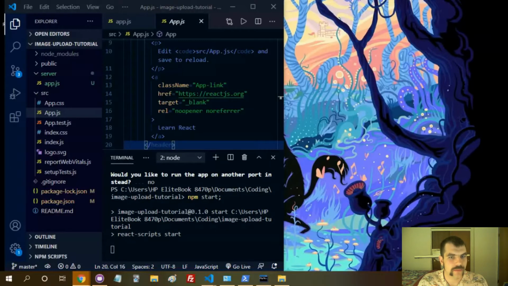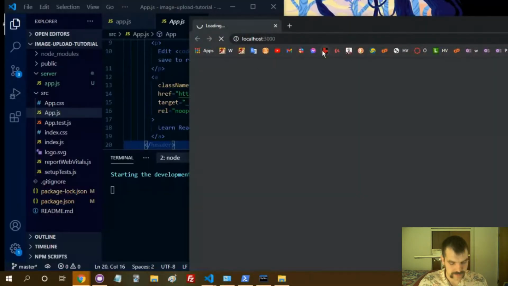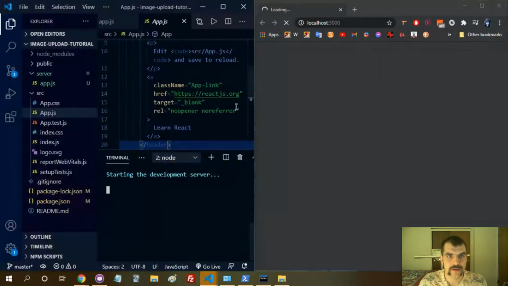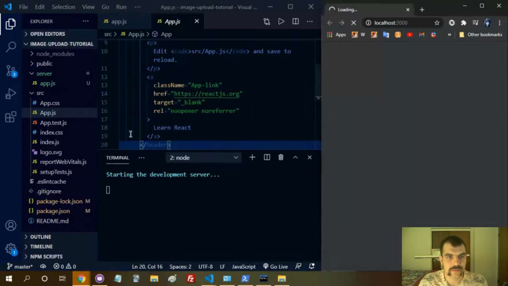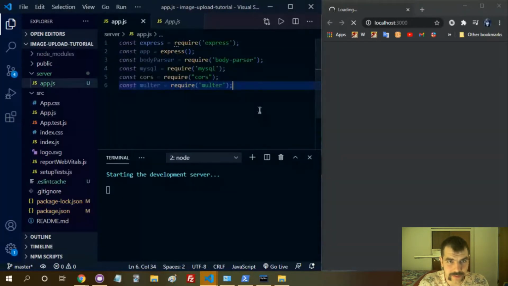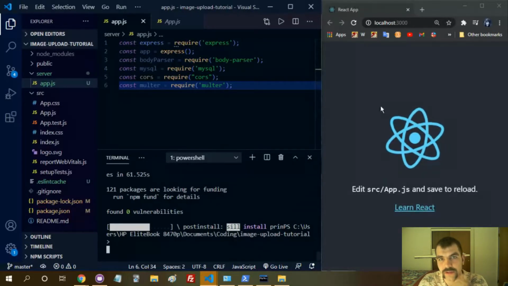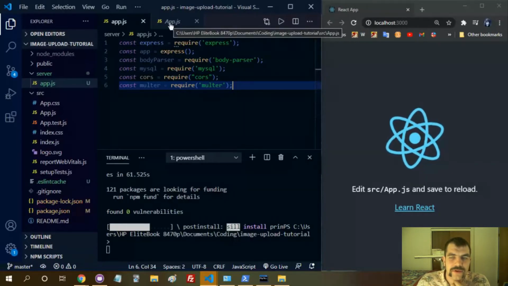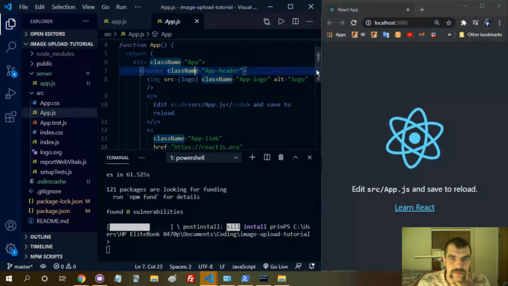Okay. And here it comes. So we got our front end, which is loading. And while that's loading, why don't we go back here, check out our packages got installed. Looks like it works well. And there's our app.js. So the first thing we're going to do is let's go in here and we'll just clear out